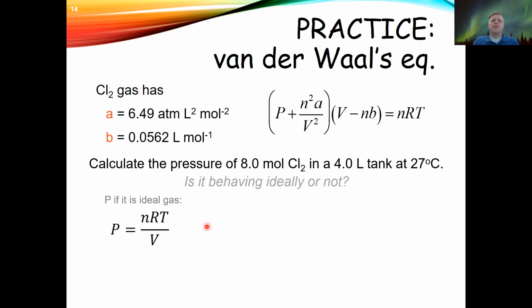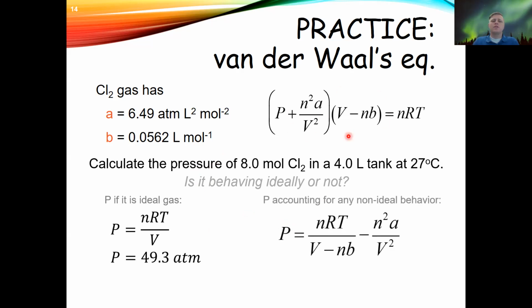If it was behaving ideally, we would calculate its pressure using the ideal gas equation, right? And that would give us a pressure of 49.3 atmospheres, just based on the number of moles, the volume, and the temperature. If it's not behaving ideally, we need to consider the van der Waals equation. Since we're looking for pressure, we'd have to solve this big nasty equation for pressure, and we just get a different big nasty equation here. Then we would plug in our number of moles in 1, 2, 3 different places, our volume in a couple places, our A and our B term, and then our R and our T. So we plug all that in, and we'd get a pressure of 29.5